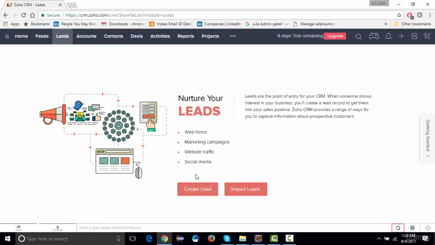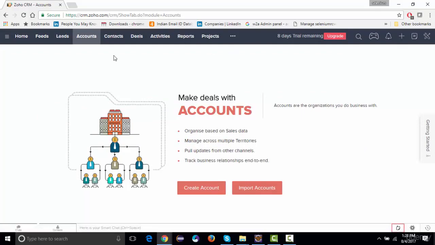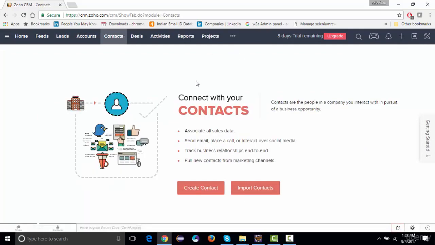And let's say I'm on the leads page and I want to log out. I want to click over here and sign out. I can sign out from here, I can sign out from accounts, I can sign out from contacts, right? So I can do all these things. I can access this common functionality anywhere from any interface. So instead of writing it again and again, let's say if there is any change in the requirement or specification, if one more menu got added over here.